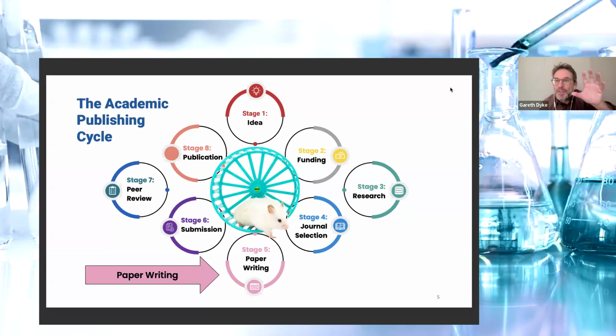And you can see here the different stages of the research cycle. And we have events, we have training, we have a small company called SciTrain. Do check us out if you're interested in events for your university or your students, helping researchers with all of the different stages of academic publishing, the hamster wheel, as we like to call it. And today, we're down at the bottom in stage 5.